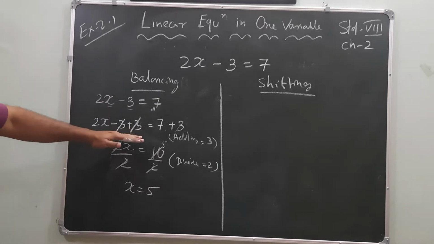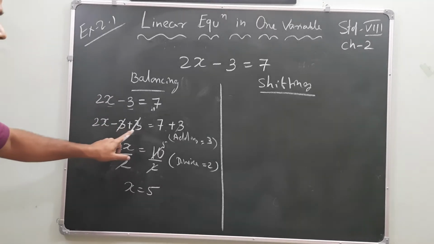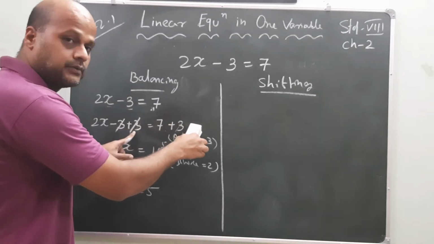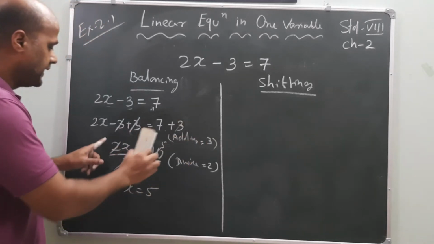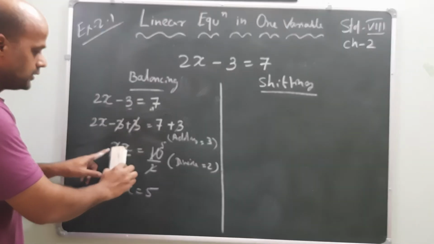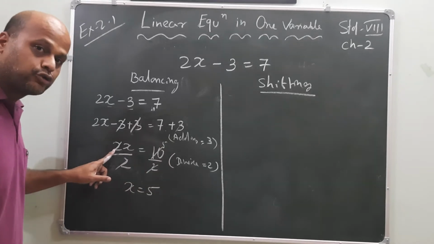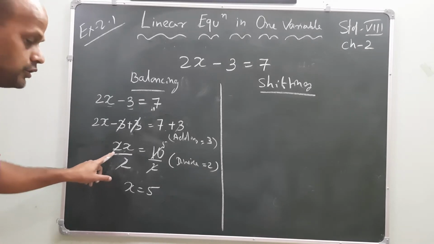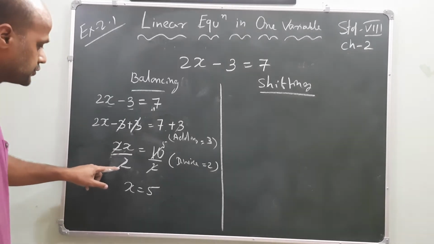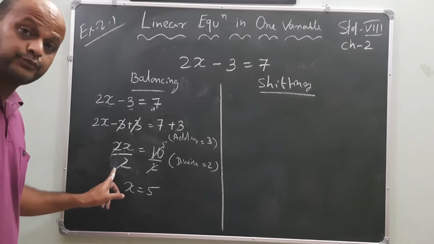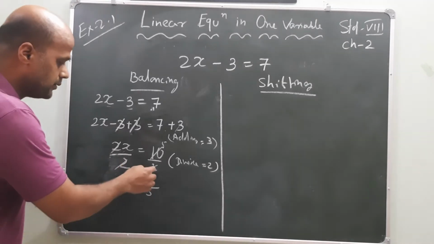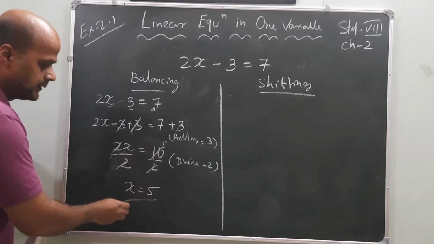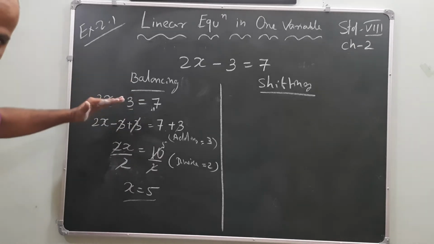Understood? First, take out 3. That means you have to add 3, but whatever you add here, the same addition must be made on the opposite side. Next, solve it. What will be there? 2x plus 10 will be there. To take out 2, which is multiplied with x, I have to divide by 2. If I divide both sides, this 2 will be cancelled and the same result will be there. And cancel it, and what is the value of x? 5. This is the balancing process.